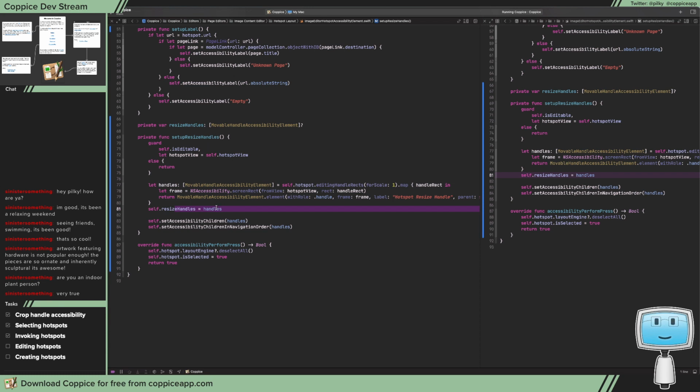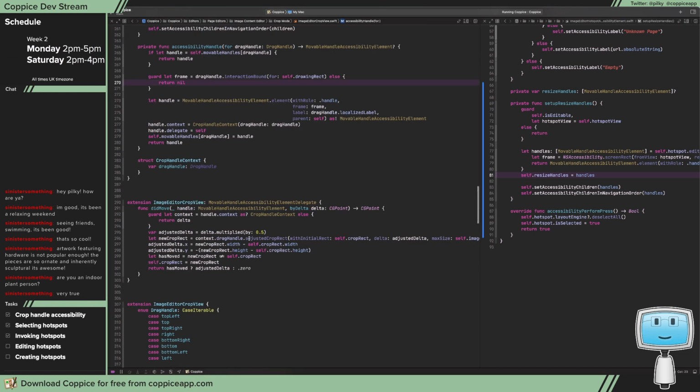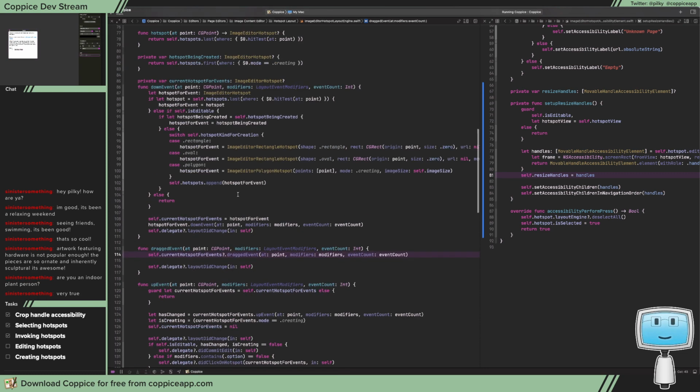So we're setting up our resize handle. What we need to do is get the delegate of the layout engine, possibly. Because did move handle by delta. What we probably want from the layout engine